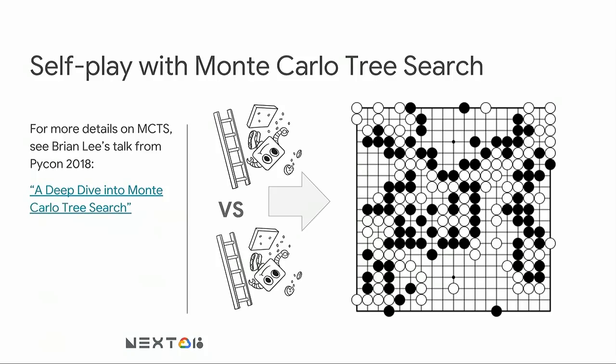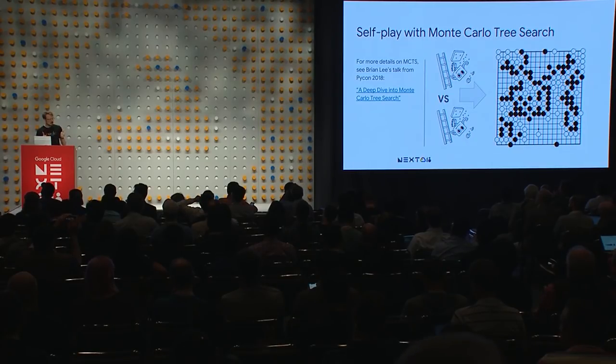So given those 2 outputs, what is the move that we think is going to be played? Who do we think is going to win? We do something called Monte Carlo tree search. My friend Brian Lee, who I mentioned, wrote Minigo, did a great talk at PyCon 2018 called A Deep Dive into Monte Carlo Tree Search with code. Also, our code is on GitHub. The Monte Carlo Tree Search is really great, super easy to read, highly recommended. So that deep dive into Monte Carlo Tree Search is great.